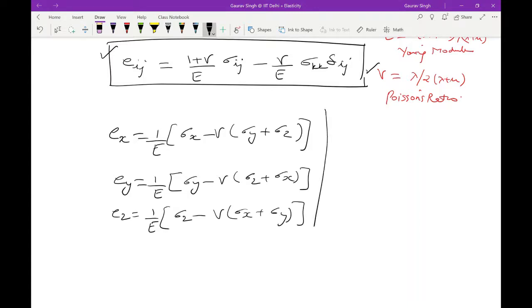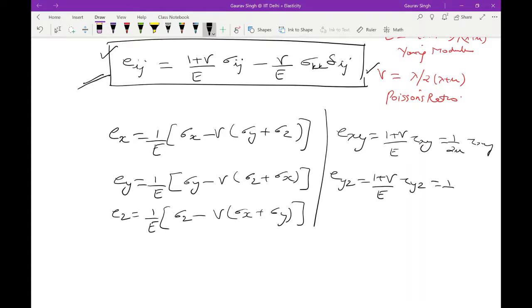Then you also have the shear terms. Exy, how would this come? Put i equal to 1 and j equal to 2 in this one. You should get (1 plus nu) by E tau xy equal to 1 by 2 mu tau xy. Eyz will be equal to (1 plus nu) by E tau yz equal to 1 by 2 mu tau yz. Ezx is equal to